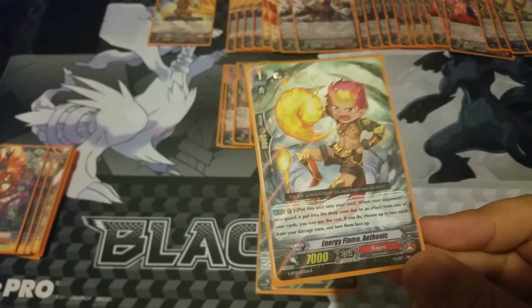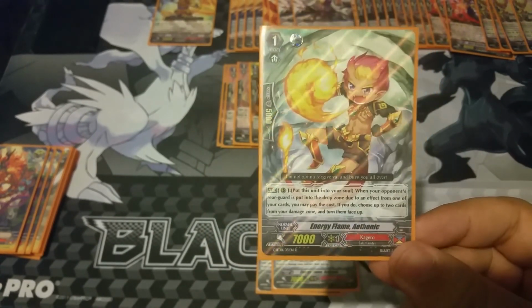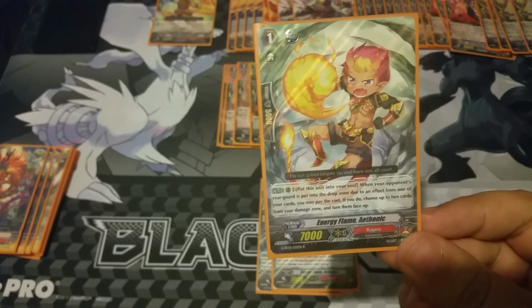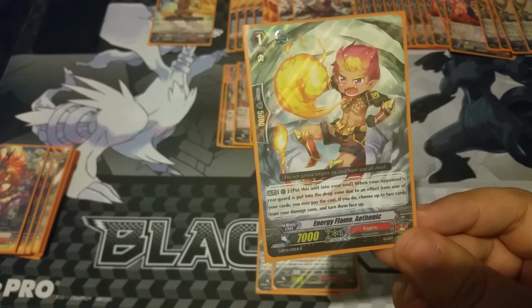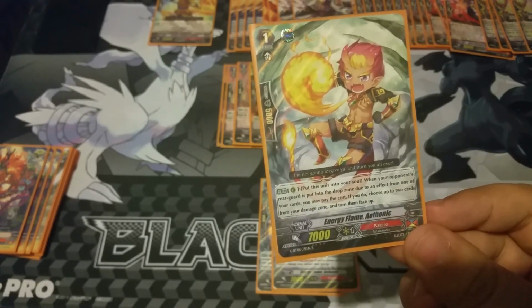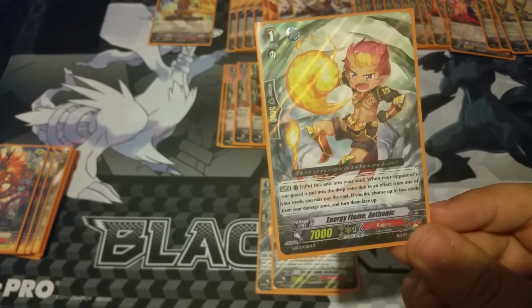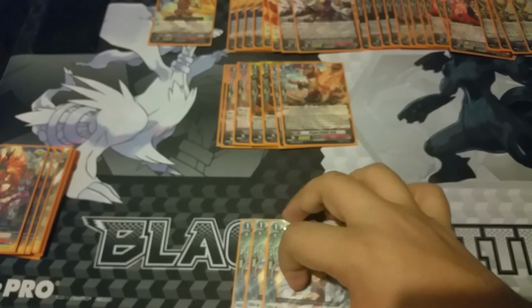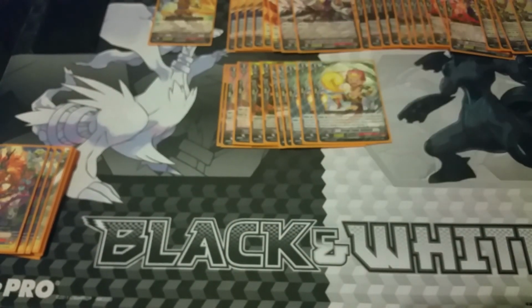Yeah, I'm used to calling him Nikki just because I play on CFA, and that's the translated name. Basically what he does is you put him into the Soul. When your opponent's rear guard is put in the drop zone from the effect of one of your cards, you can choose 2 cards in your damage zone, turn them face up. So you can countercharge 2 by putting him into Soul whenever something on your opponent's field is retired,